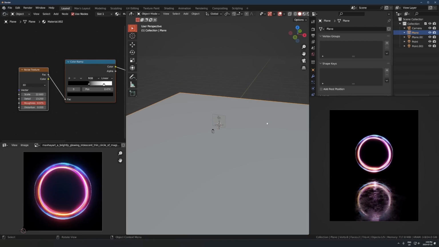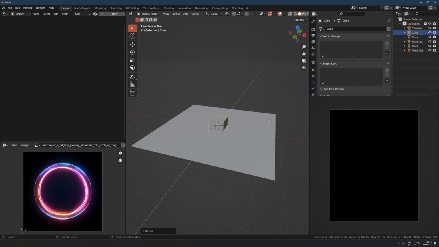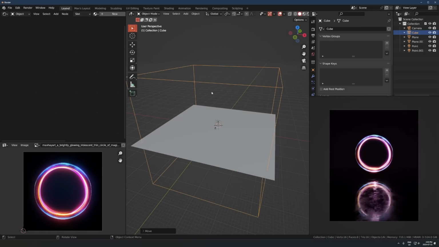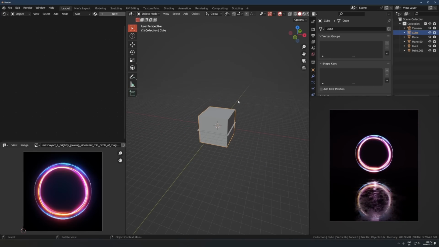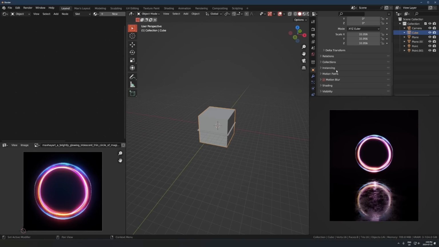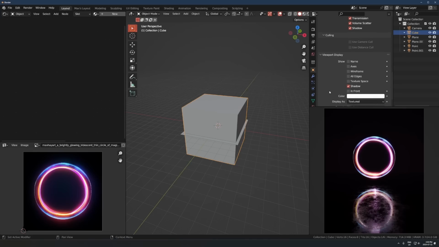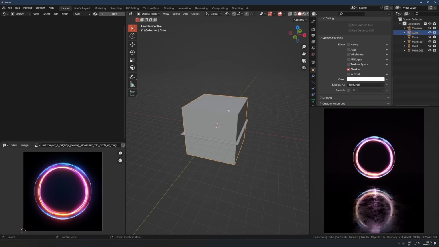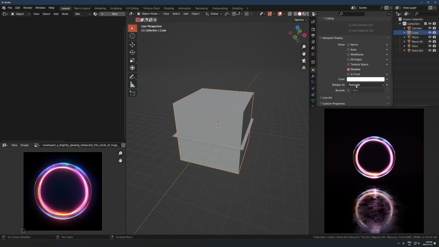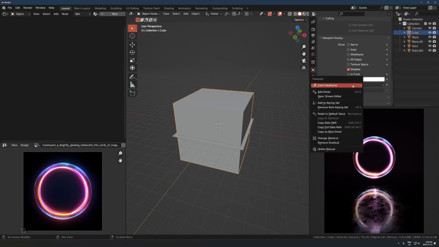And that's fine. Okay, let's add some volumetrics so it's not so boring. So what I just did there is add a cube and then display as bounds. I've showed this so many times, but I'll keep showing it just because there are going to be new people. The way you do that is you go to Viewport Display underneath Visibility. So with that object selected, right click the Display As and just assign that to one